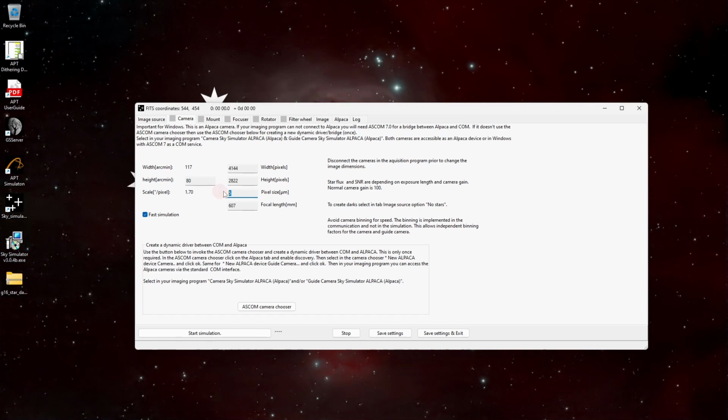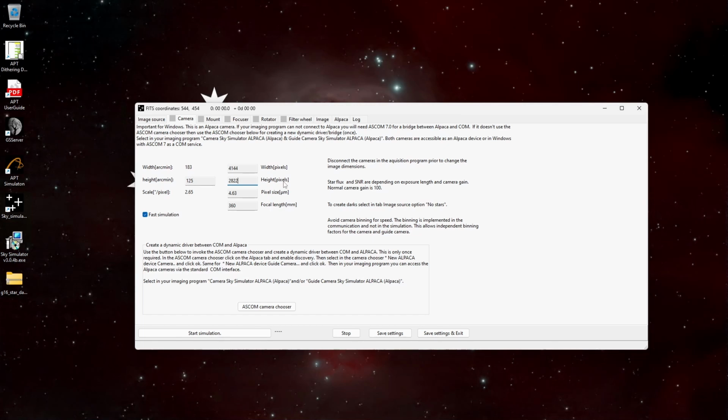I can set my real pixel size. I'm going to put in 4.63, but I find it defaults back to 4.6 later anyway. And the focal length, as I'm just going to use it on my little telescope, is 360mm. So that's done there. And what it does, when I click off that one, is it gives you your pixel scale, your height in arc minutes, and your width in arc minutes. So that's what that does there, and it actually works quite well with the